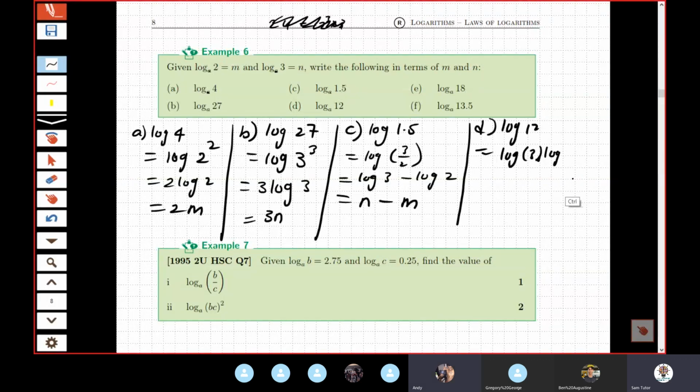You're close. You got the right idea, you're just making a bit of mistakes. Hold on. Look, watch this. You pretty much have it. So log 3 is correct. 12 is 3 times 2 squared. Okay. And then what do you do when they're multiplied? You can add your logs. Okay. Log 3 is